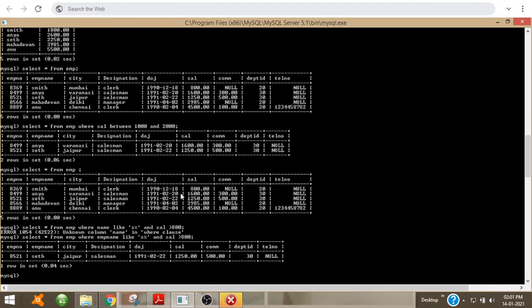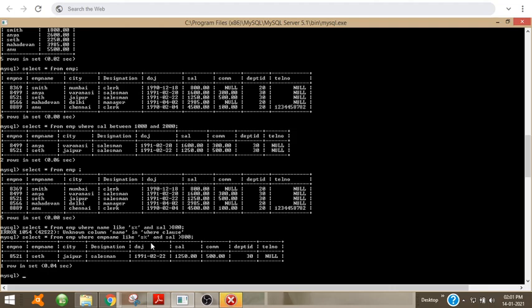Smith is also there, but his salary is not greater than 1000. So you can see I have used S percentage. S percentage means the first letter is S and after S any characters can be there. Notice the name should start with S.